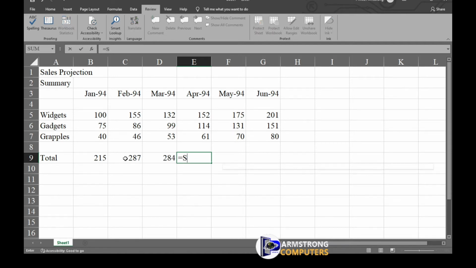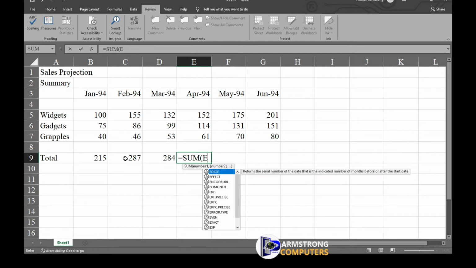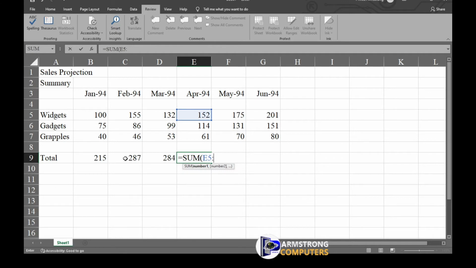Equal to sum. Now someone asked, is it advisable to type the formula in uppercase? Formulas are not case sensitive. Anyhow you type it, it will accept it. So for us to bring the equal to sign first, it is going to accept it. So it's going to be E5 colon E7. You close the bracket,